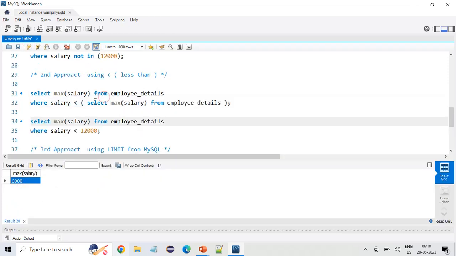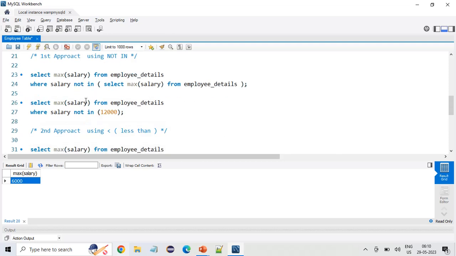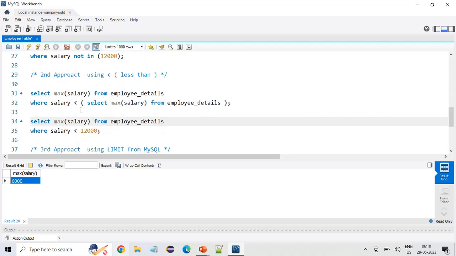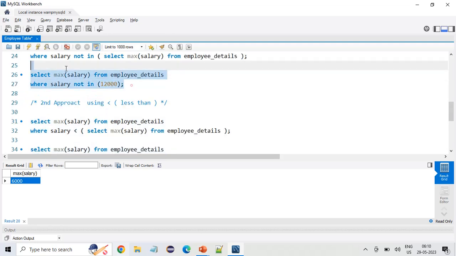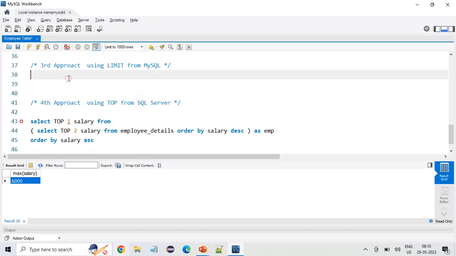So you can use any one of them. That should not be a problem. Okay, and I would always recommend you to write this query or this query in the interview. Okay, so the third approach is specific to